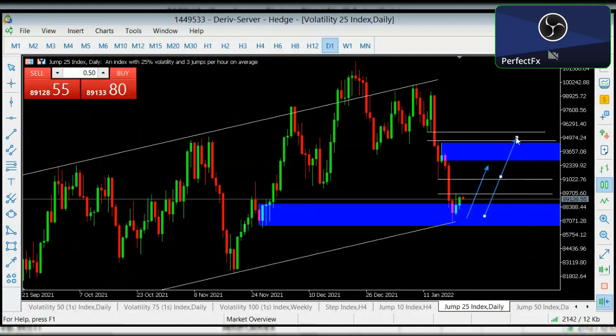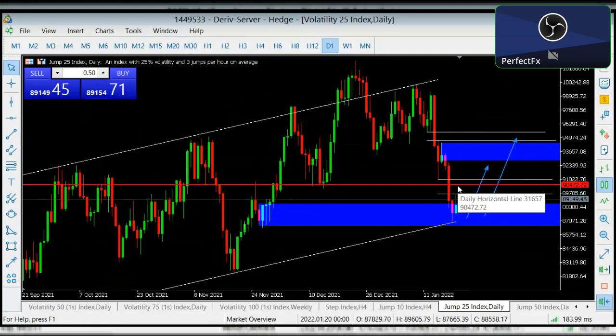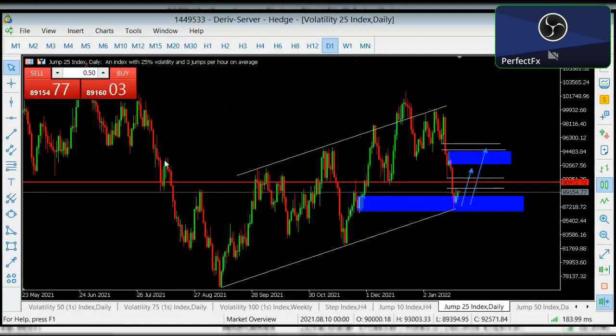If price decides to push to the downside, does this thing at this region, let me just mark this place out. Does this thing at this region buy to this place to continue to the downside, then the first bias of price filling this candle would have been met. But if price does not move to this upside to get to this region, then I won't be scared to be wrong. So guys, that's my bias on Jump 25 Index.